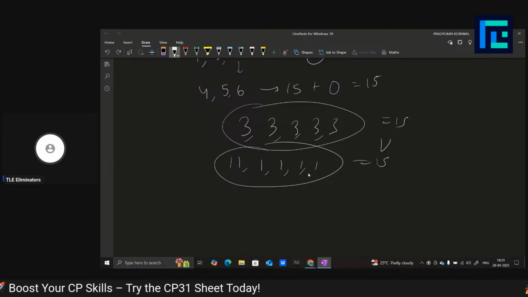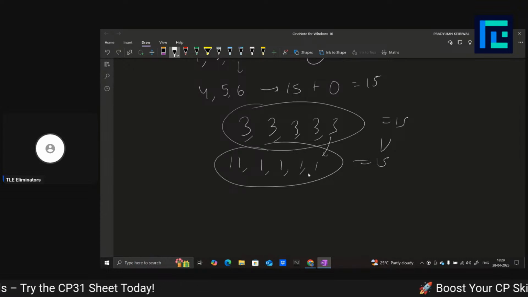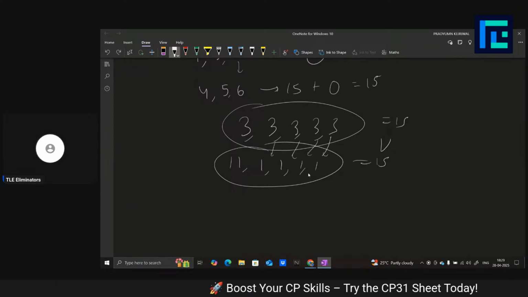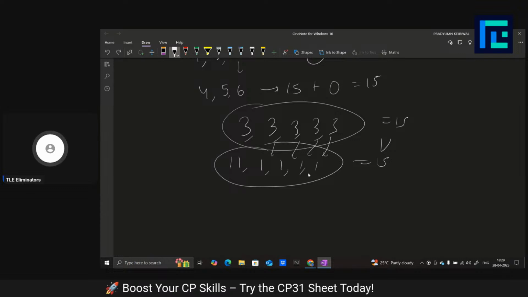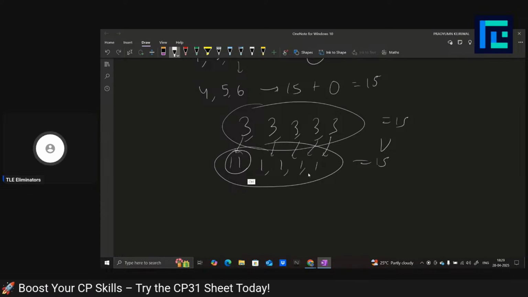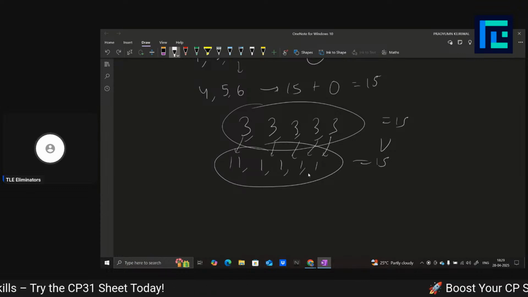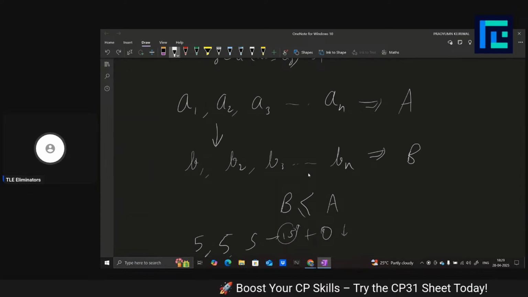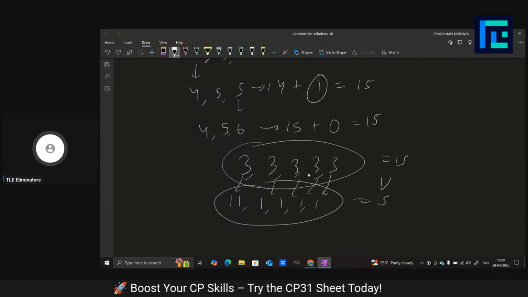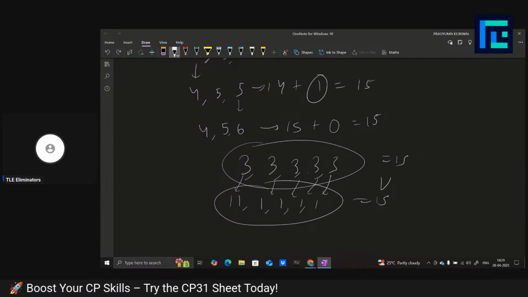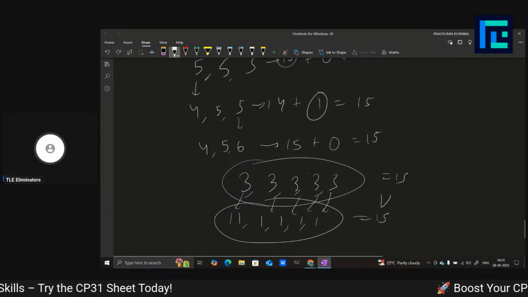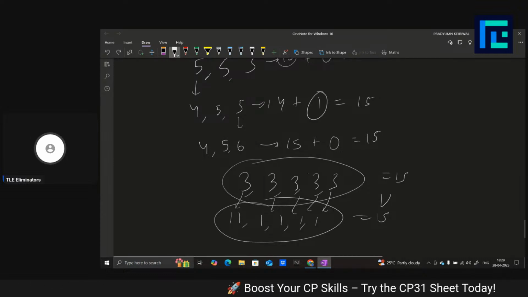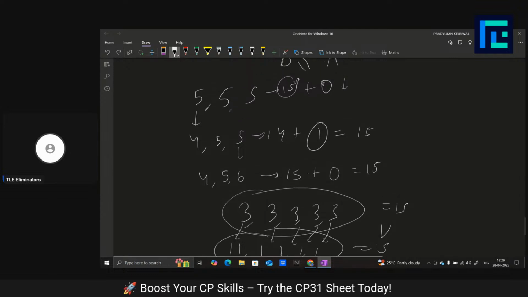And how do I make it? I can simply just decrease all of the elements, whatever I want to decrease, right? So I will have 8 coins till now by doing these operations, and those 8 coins I can spend here and make it 11. So actually I can always transform this array A into array B if the sum of the array B is less than equal to sum of the array A, by just decreasing all the elements which needed to be decreased, and then increasing all the elements which need to be increased. So in that way you can make any array, okay,